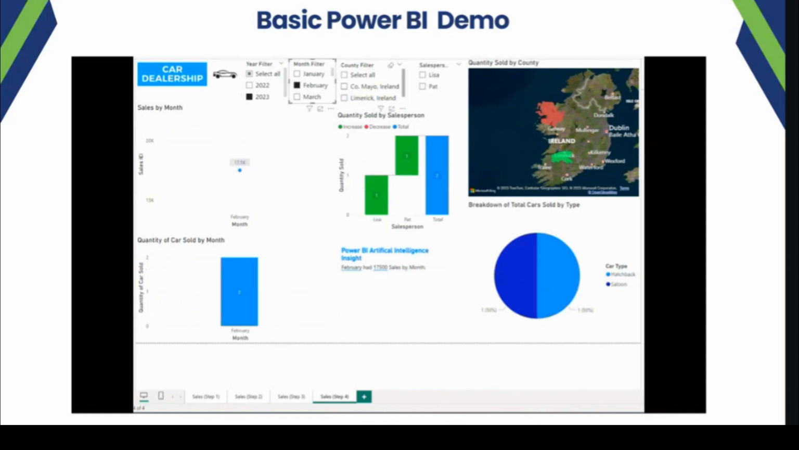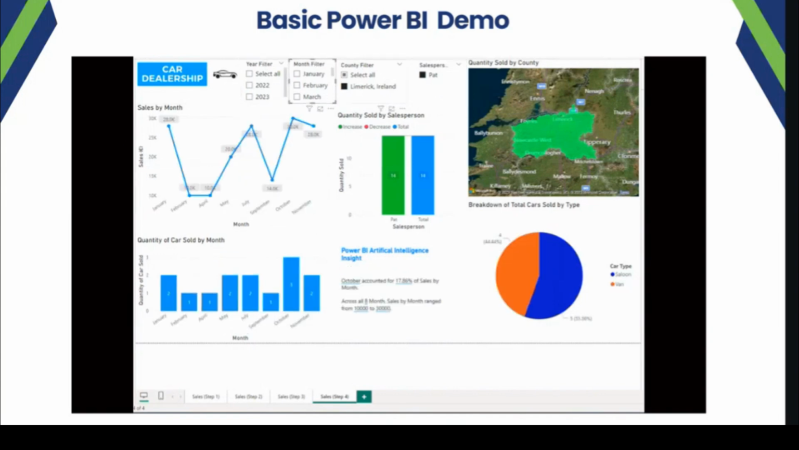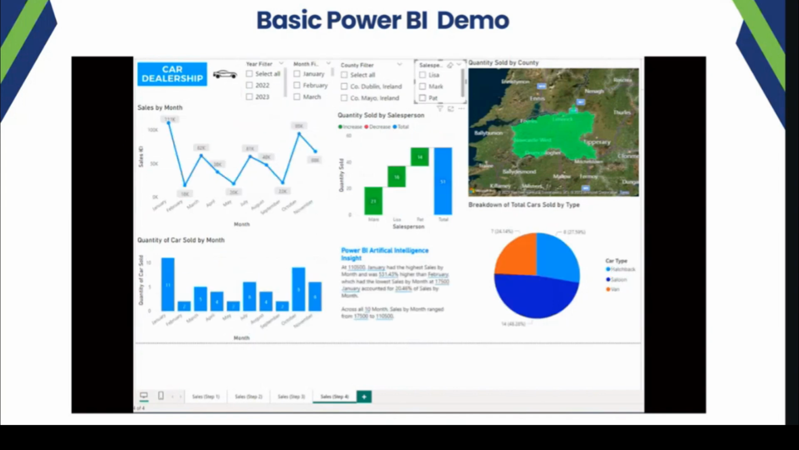And I can filter again. So as I select these filters up here, all the data changes accordingly. So that's just for February in 2023 and Limerick. And all the data is changing as it goes. But each of these charts can also drill into all of this data. So by unselecting all of those filters, as it's doing here now,